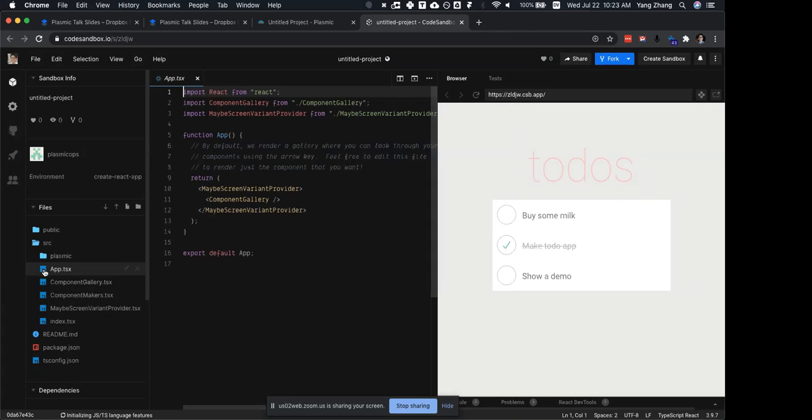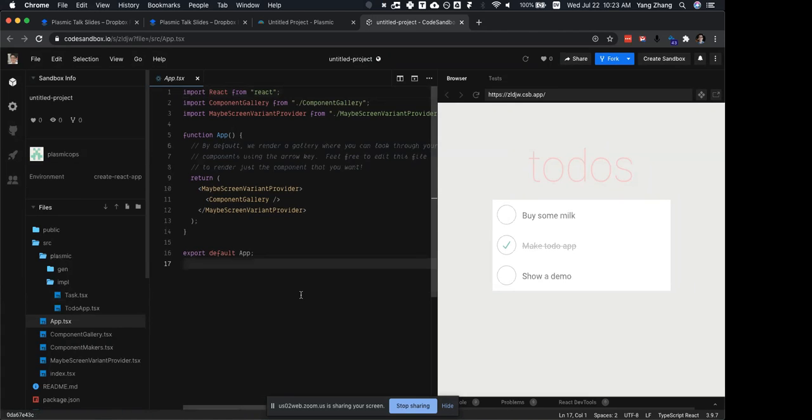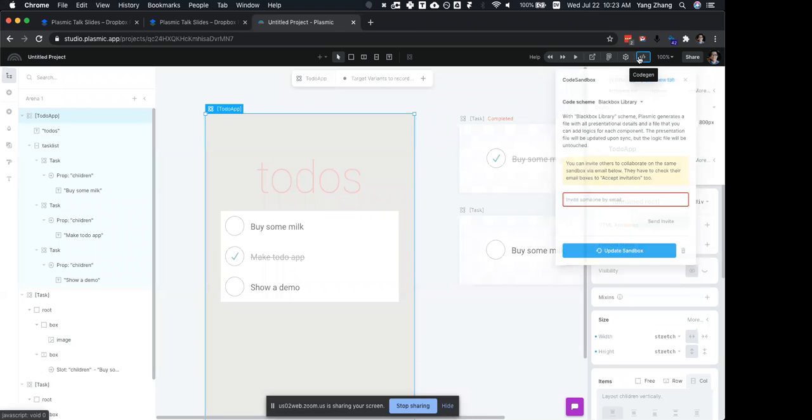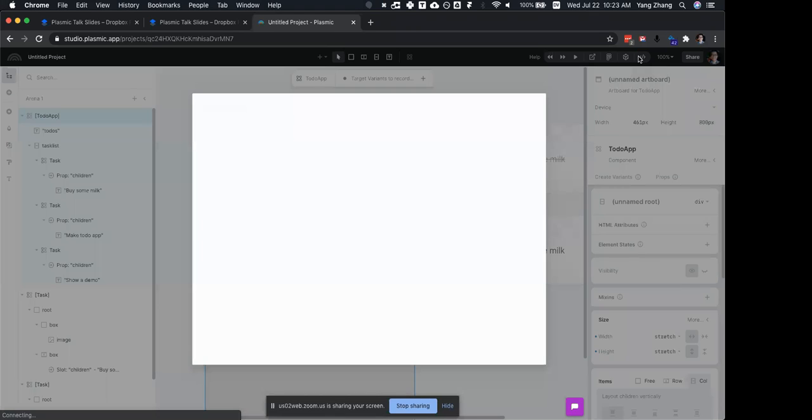So this is the React app, and you can explore all the various components here. But this is one way to get going. It's just an easy way to start prototyping directly in the browser. Another thing you can do, which is much more interesting, is actually doing real code gen. So this is